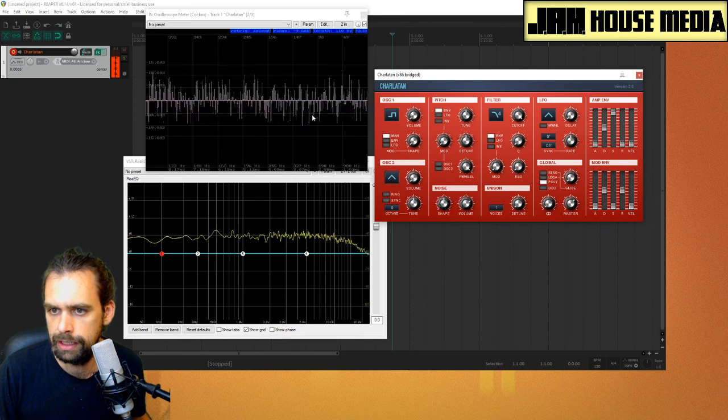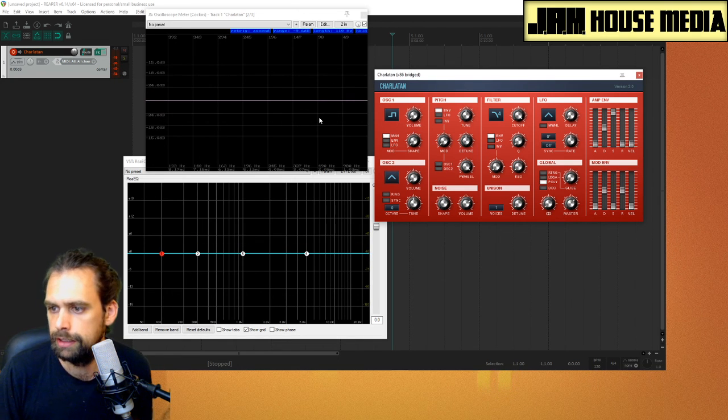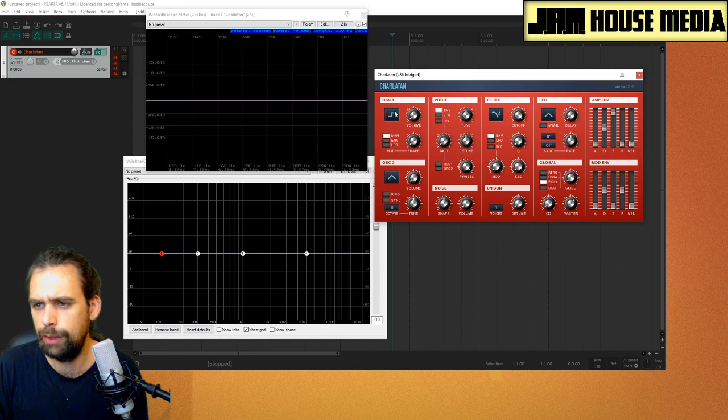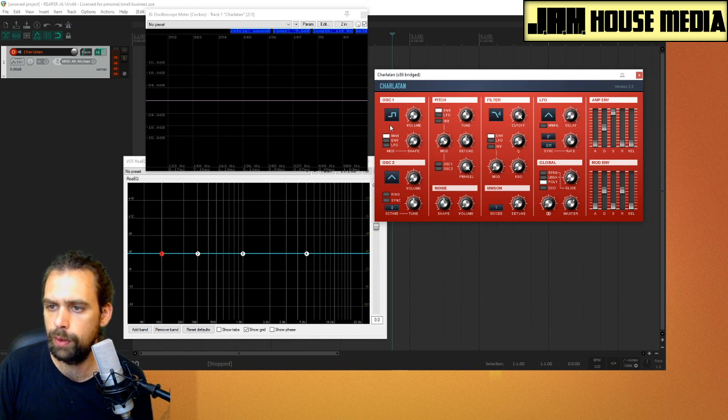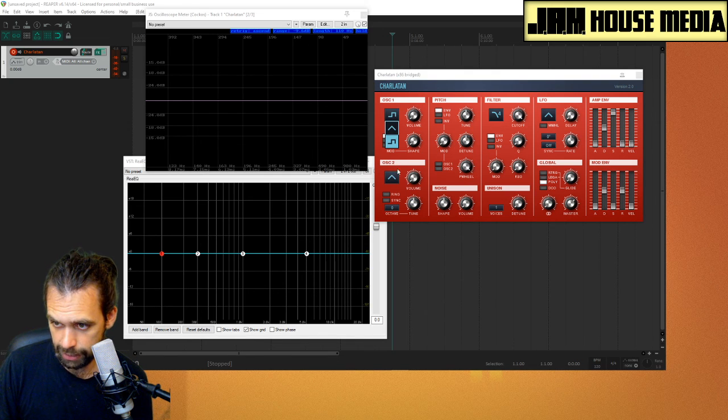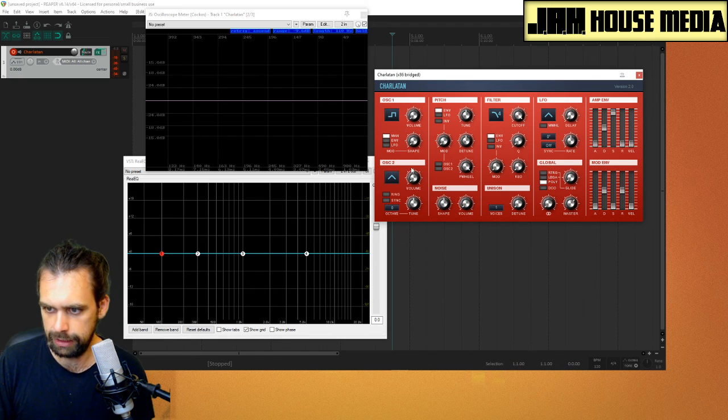It will be sort of randomized chaos and sound like white noise. And you might also come across sine waveforms in the oscillator section. The Charlatan does not have sine wave in the oscillator section,